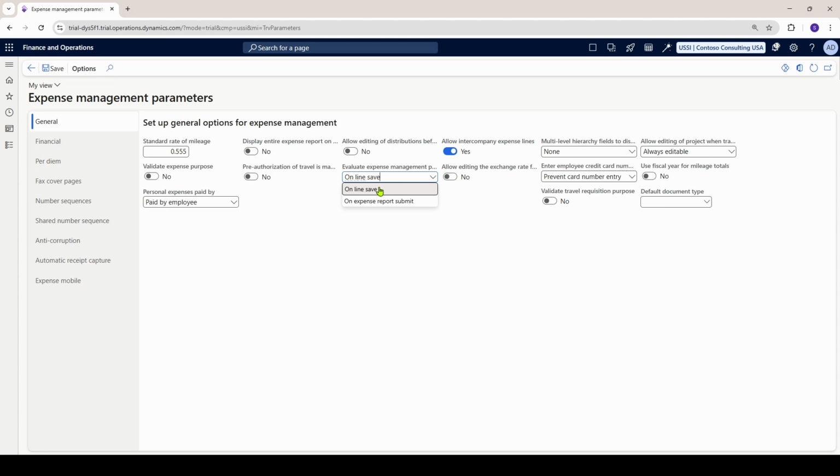So it will not wait until submit. If you click on expense report submit, it will give an error during the submission of the expense report. So just make sure that you are doing this if you have a specific requirement to do this. Once it is done,